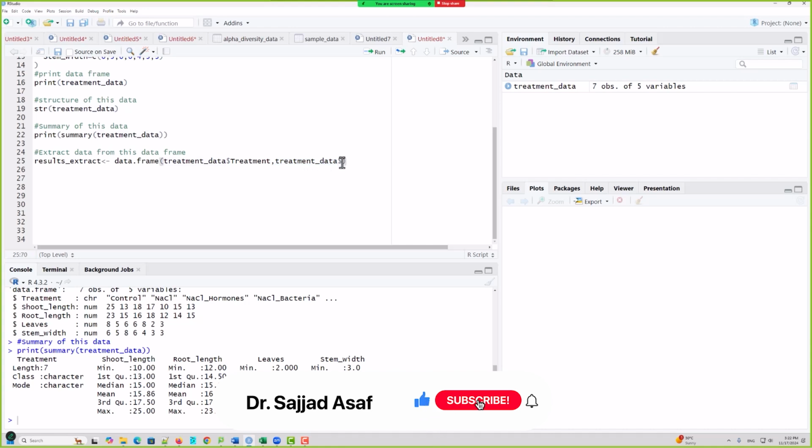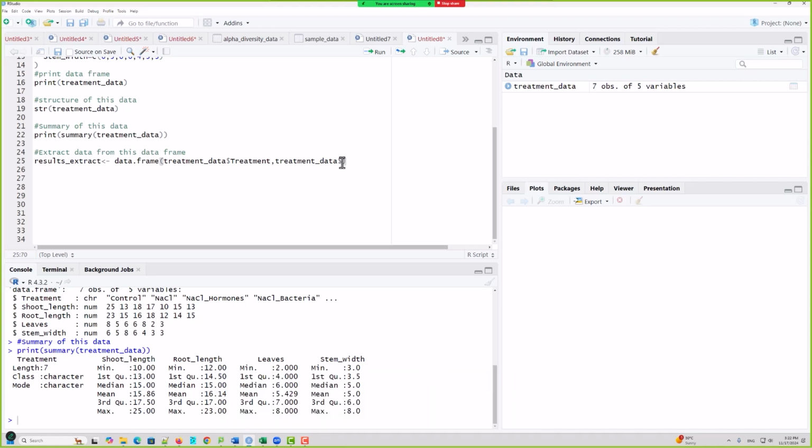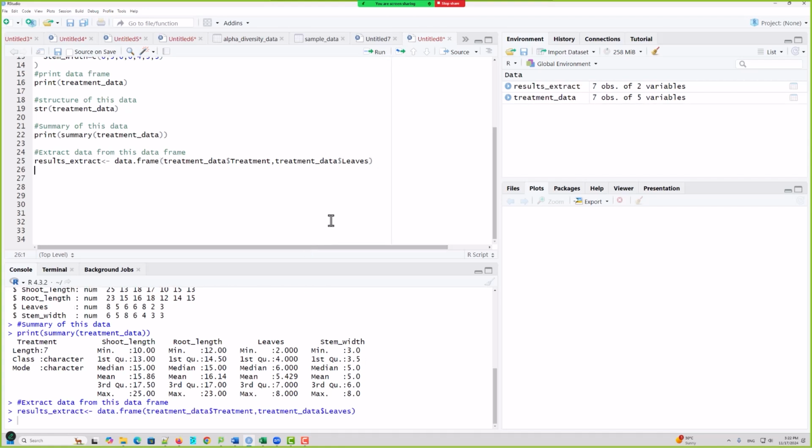Now you can choose your column: shoot length data, root length data, number of leaves data, or stem width data. For example, if we want leaves data, I only want to extract this type of data from this data set. So if I run this command, now you can see here